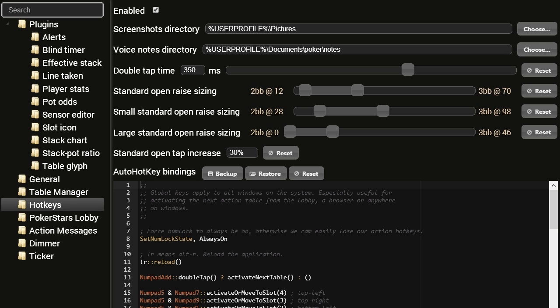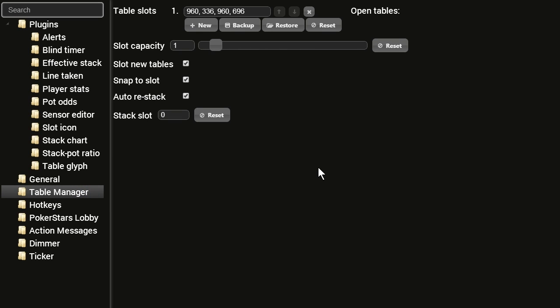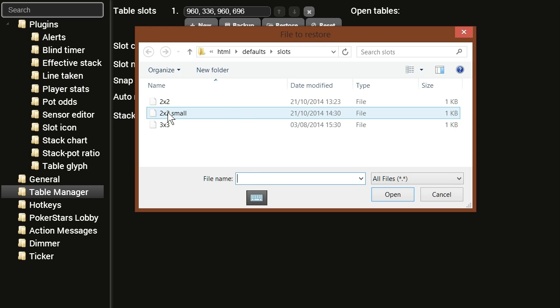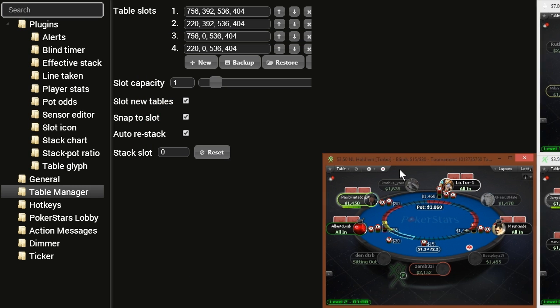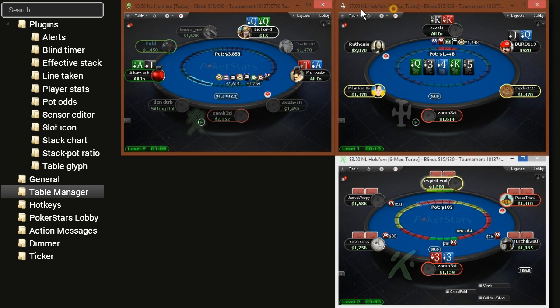We'll now quickly summarize some of the remaining features. We provide a comprehensive table management system, which allows you to set up a number of table slots. Here we can load up a small 2x2 layout. Tables can be dragged between slots,